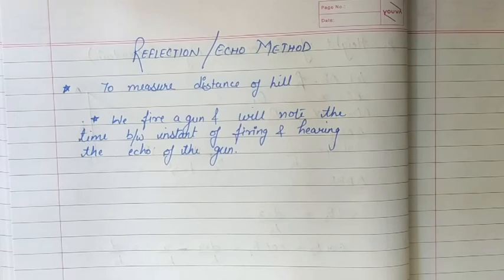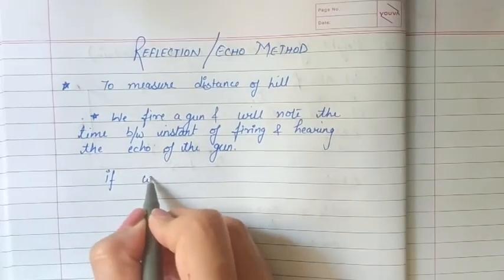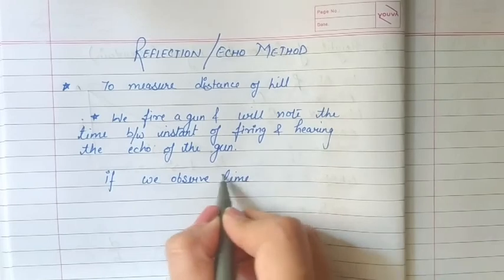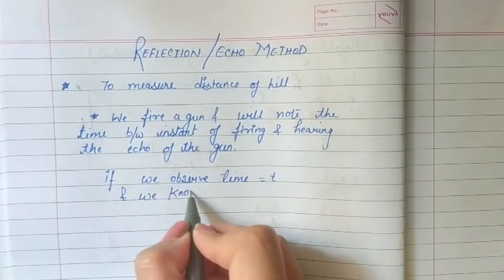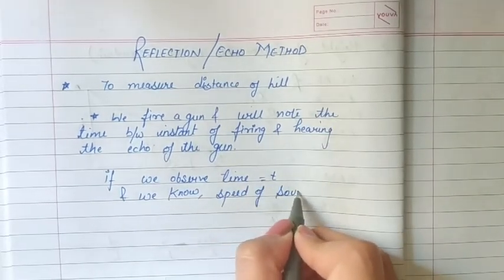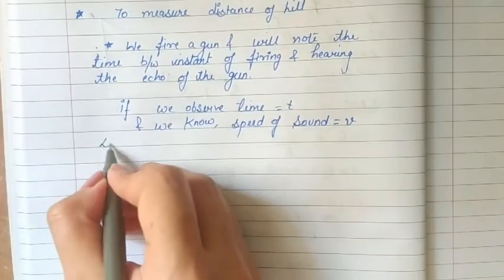Let the time taken be small t. Okay, the time taken is small t, and v is the speed of sound that we know, that is, the sound wave is traveling with the speed of v. So if we observe, time equals t, and we know that speed of sound is small v, and the distance traveled